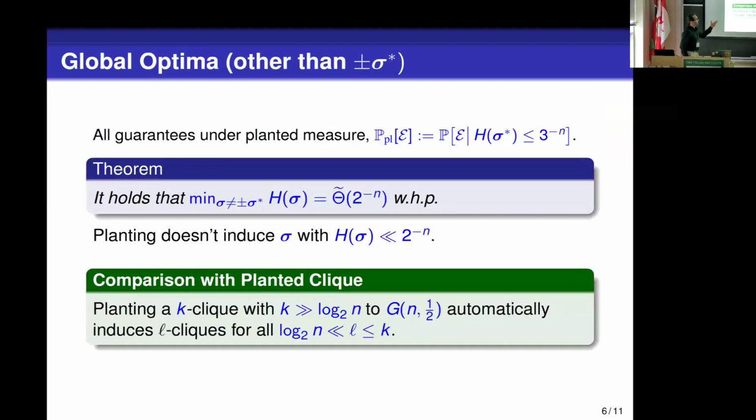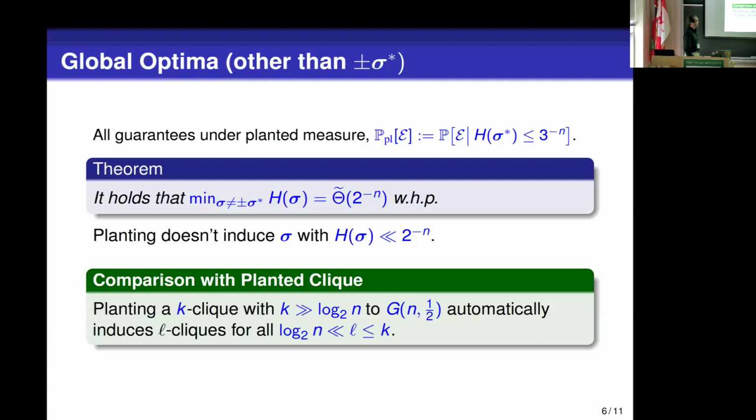So here's the first result. All guarantees throughout are under the planted measure. It turns out that the planting doesn't actually induce partitions with Hamiltonian substantially smaller than 2 to the minus n. If you look at the Hamiltonian, other than plus or minus sigma star, from the symmetry both get 3 to the minus n. Modulo some lower order factors, I still get 2 to the minus n as the ground state, which is